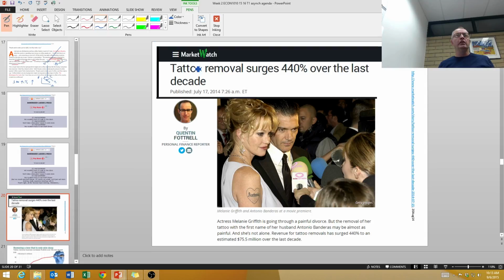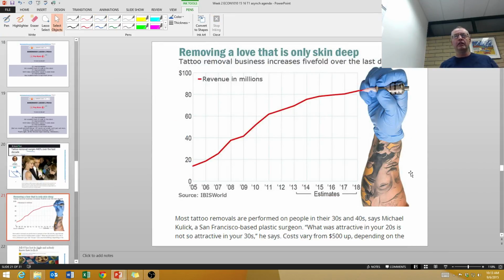Tattoo removal. Here's our original demand curve for tattoo removal. A bunch of people go out and get tattoos. Here's D1. Then as people get older, they tend to have second thoughts about some of the tattoos they acquired when they were younger. And so as we get older, our demand for tattoo removal increases. This is an article from last year about how tattoo removal services have been increasing quite dramatically. I guess this is American data, but anyways,